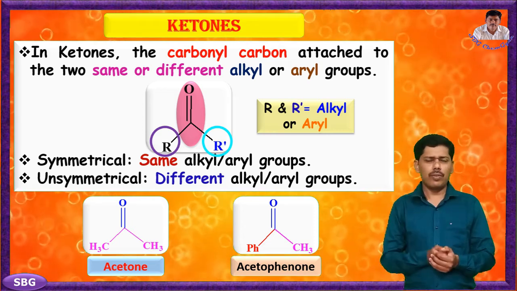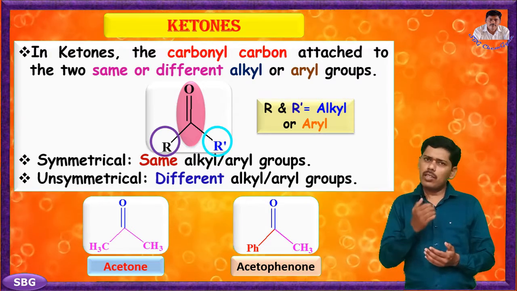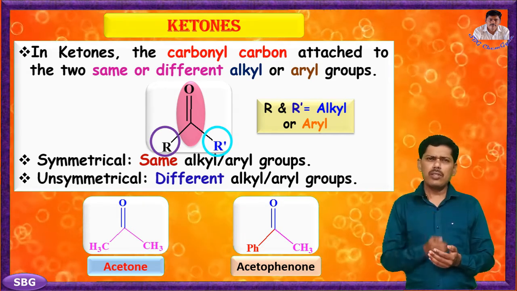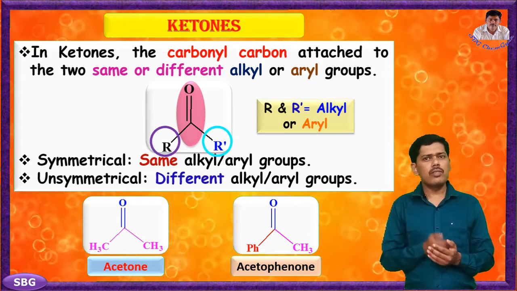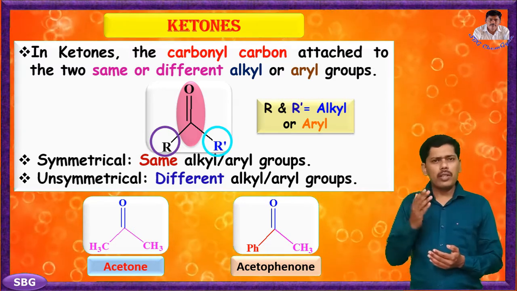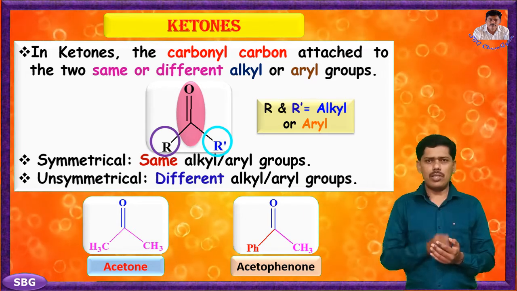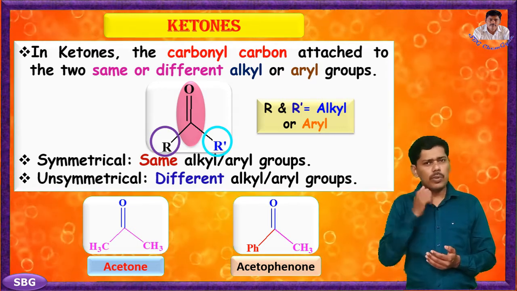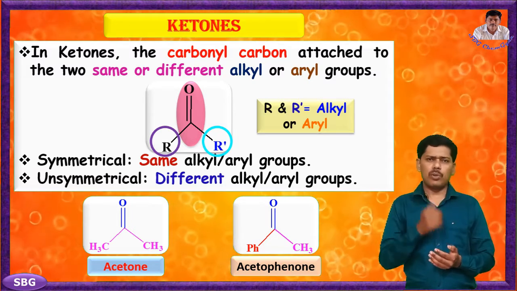Both groups are different. In addition to this topic, we can say that aldehydes, ketones and carboxylic acids are widespread in the plant and animal kingdom. They play an important role in biological processes of life. They add fragrance and flavor to nature. For example, vanillin, which in nature we can find in vanilla beans. Next is salicylaldehyde, which we can extract from meadowsweet. And next is cinnamaldehyde, which we can extract from cinnamon, which has